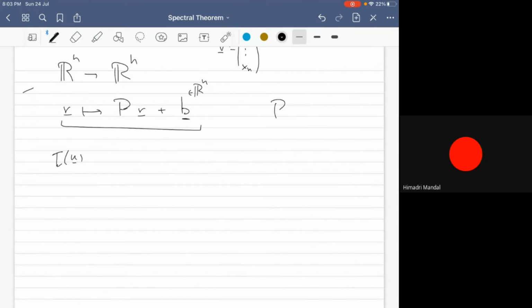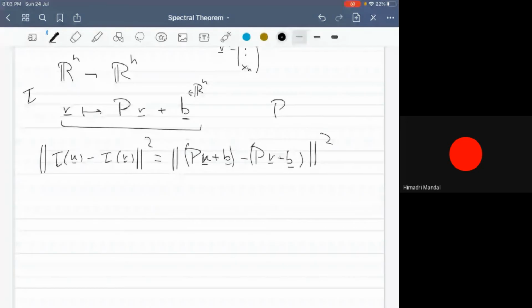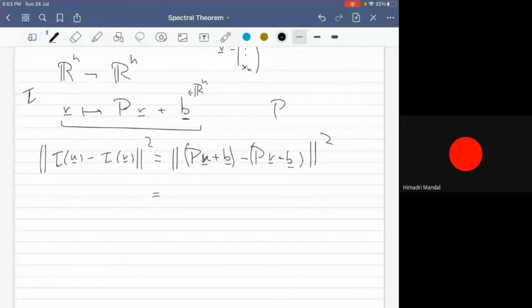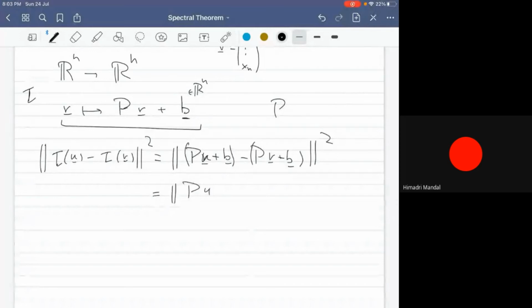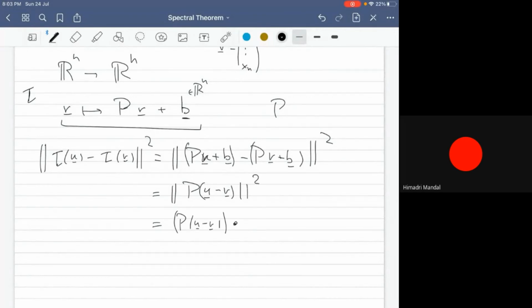Let's call this map T, tau, and this thing is u plus p minus pv plus b norm squared, which is just, bb cancels, pu minus v squared, which is pu minus v dotted with itself, which is,